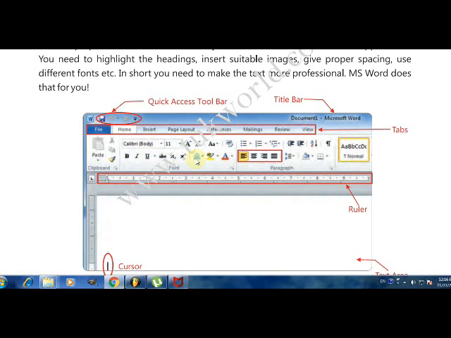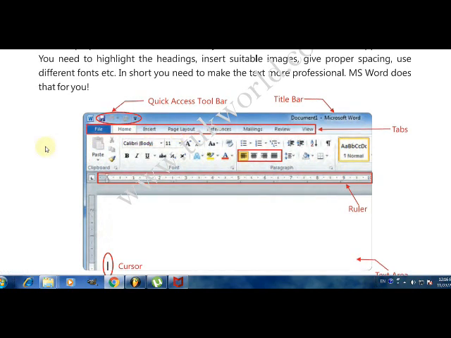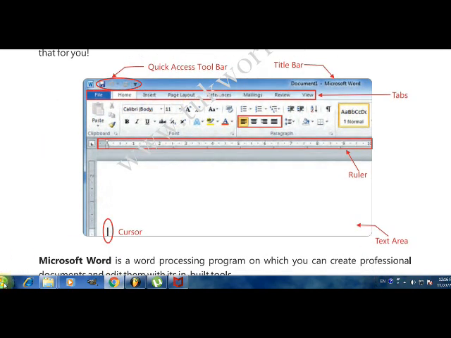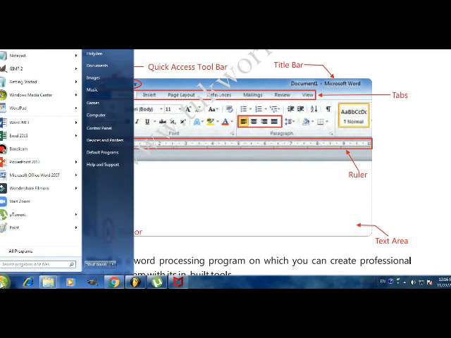If you want to open Microsoft Office Word, any version of Microsoft Office Word, 2003, 2007, 2010, then 2013, recently we have 2016. To open one of these, simply you have to click the start button. To open any application, not only Microsoft Word, any application, you have to click on the start button.